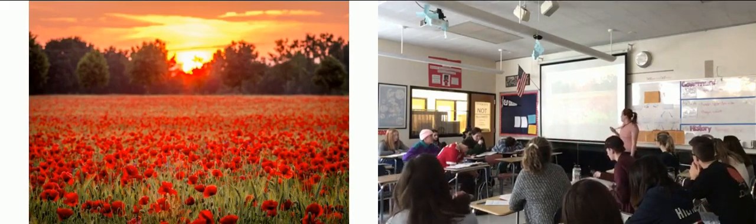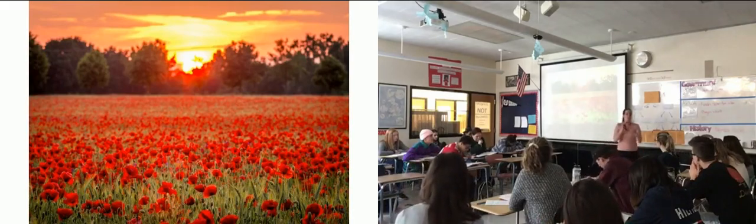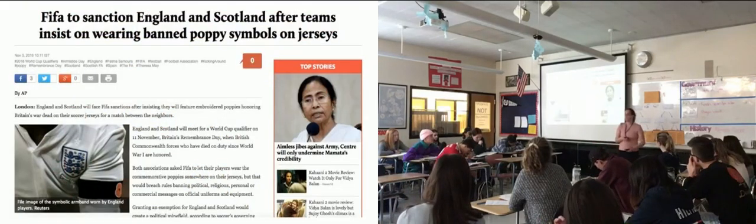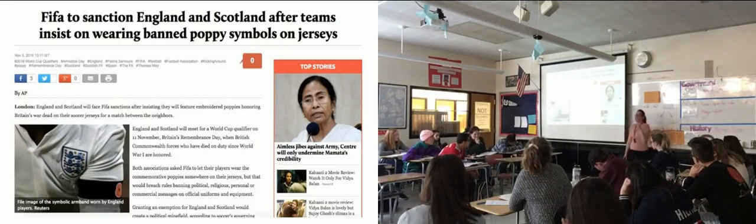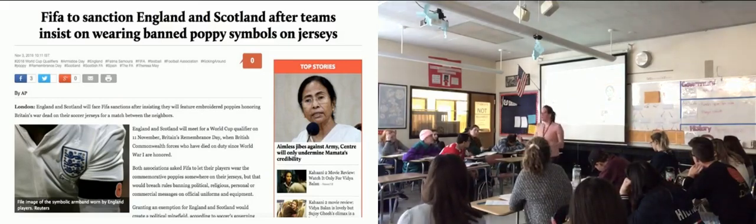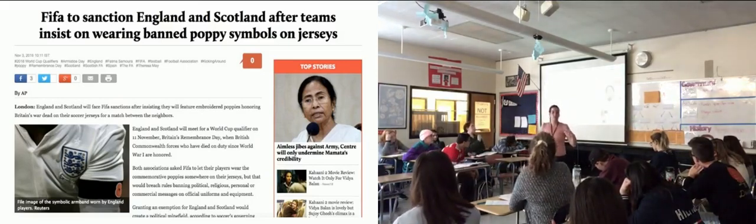Now, with this idea of this poem as well, this poem went completely massive in England because of it. And it became so popular that the poppy became known as a symbol of basically memorial and veterans. Now, in England, by the way, which is where this person was from, in the month of November, that's their Veterans Day, but they have an entire Veterans Month. And one of the things that they do is they wear poppies.